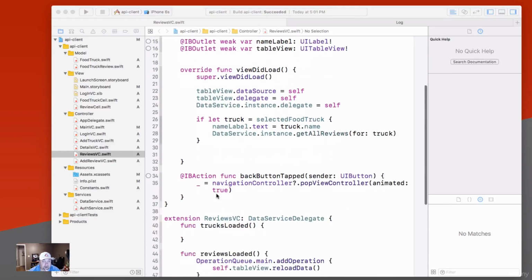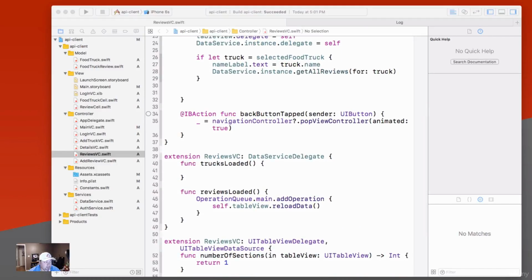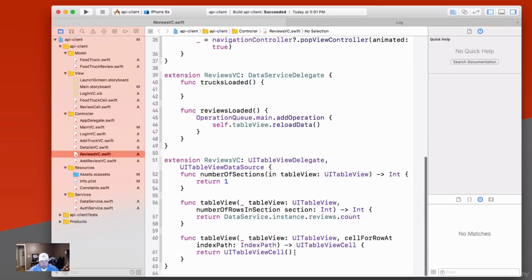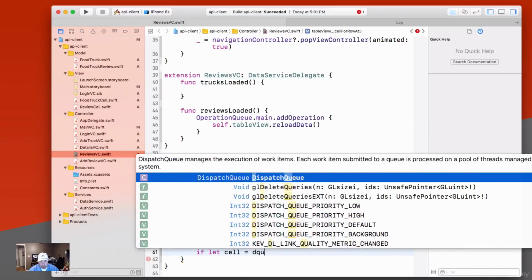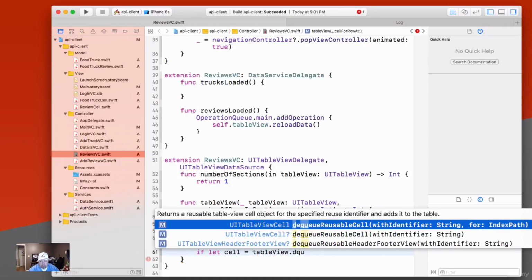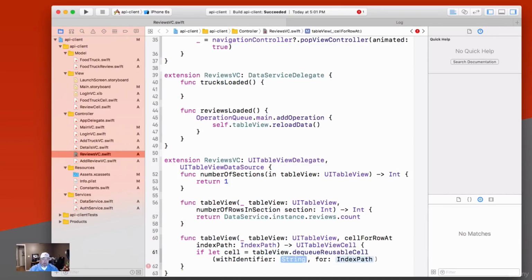Trying to figure out what all I've lost. We were working on our cellForRowAt indexPath down here, so let's go ahead and finish that up real quick. So if let cell equals tableView.dequeueReusableCell with identifier for indexPath. And identifier is just reviewCell, indexPath is just indexPath